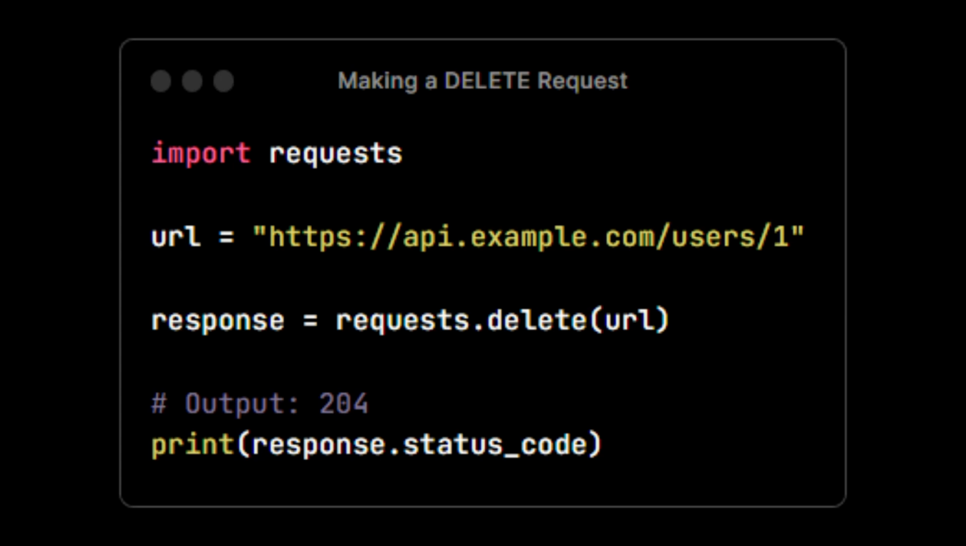Making a DELETE request. The DELETE request method is useful for deleting a specific resource from the server. For example, let's assume we want to delete a user from the system. By calling requests.delete and passing the URL of the resource to delete, we can send the DELETE request,